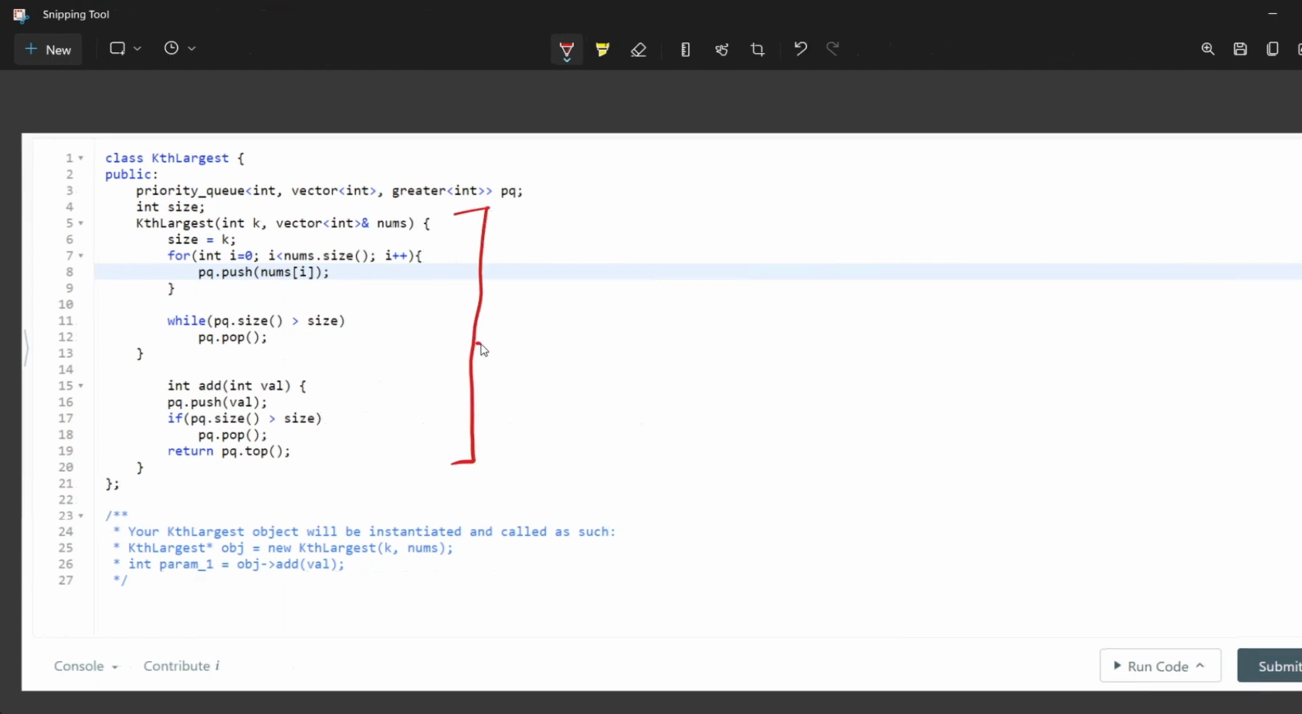So this is the solution using priority queue. Here, we are taking this min heap. We create a min heap using priority queue in C++ in this way, and we are taking size. What is the size? Size stores the value of k. First of all, we are pushing all the elements into the priority queue, and then we are popping elements until the size of the priority queue is less than k. Okay, then this is our kth largest function, and for the int add function, what we are doing is